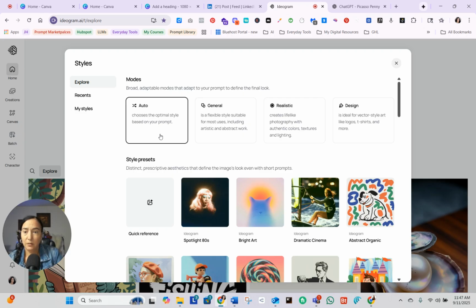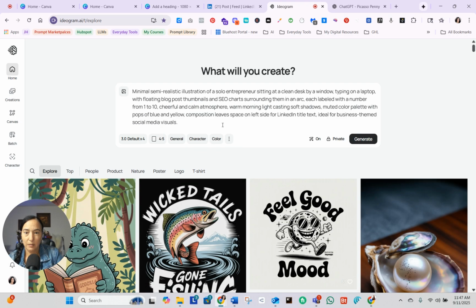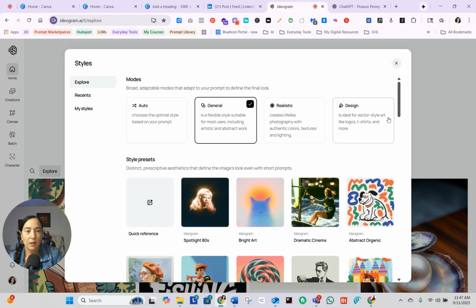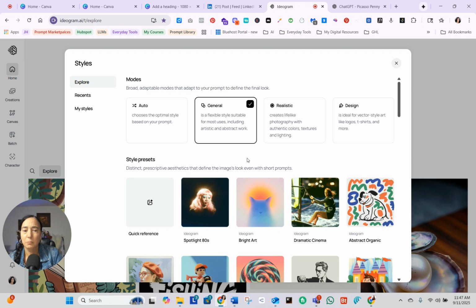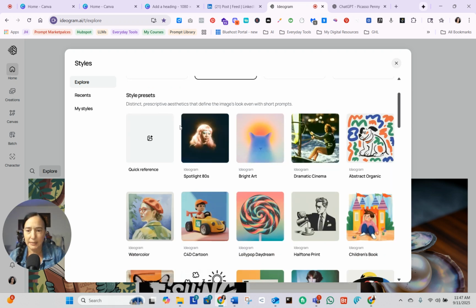So auto, no, we don't want that. General, okay. So this is interesting. I'm just trying to see what is ideal for vector style, like logos, t-shirts, realistic textures and lighting, general. Okay. Style presets. These are modes. These are presets. So you want to go down to the presets,